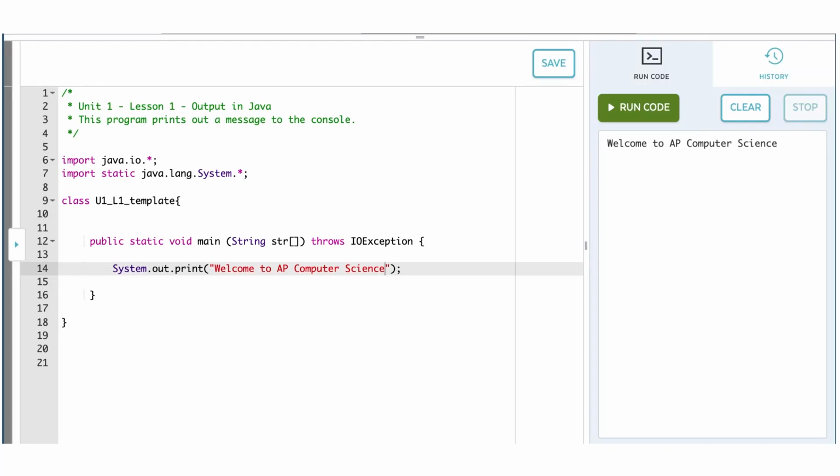So let's see what happens if we actually change some of the other pieces on the screen here. One of the things you'll notice is every command in Java ends in a semicolon. It's actually how Java knows that one command has stopped and the next one has started. So if we delete the semicolon and we go to compile,